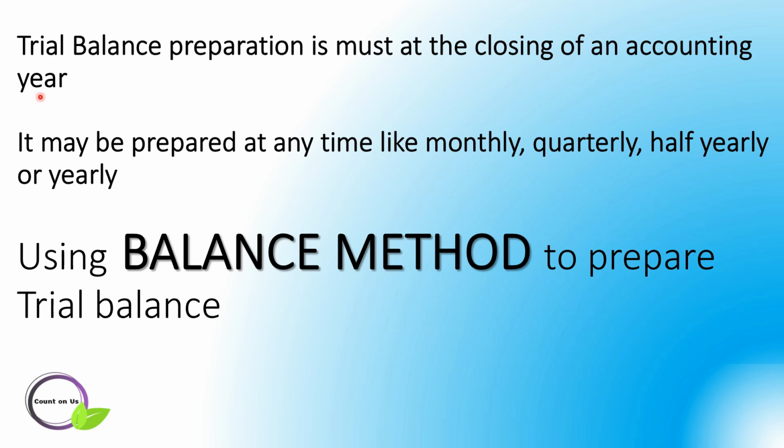The final step in the accounting process is the preparation of the final accounts to find out the profit or loss and financial position of a business. For preparing the final accounts, you need not go through the ledger accounts. Instead of ledger accounts, you can use a trial balance. All revenue and expense accounts in the trial balance are transferred to the trading and profit and loss account. All assets, liabilities and capital accounts are transferred to the balance sheet.